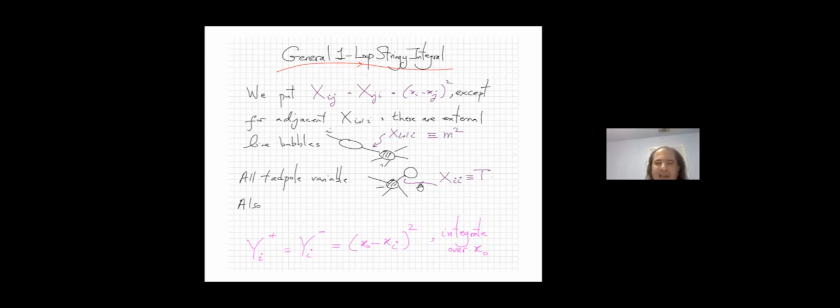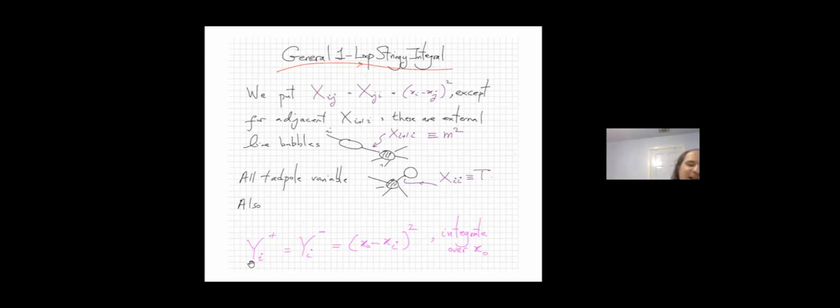And obviously, I'll set them all equal to each other for all of the legs, right? And finally, the xi's, which are these tadpole variables, these might bug you even more because there's a vanishing momentum there. But once again, I'm just going to give it a name. So this is my way of controlling these infrared divergences, these stupid 1 over 0 like infrared divergences that you would associate with these emissions. I'm going to give this guy a name. I'm going to call all of these capital T.